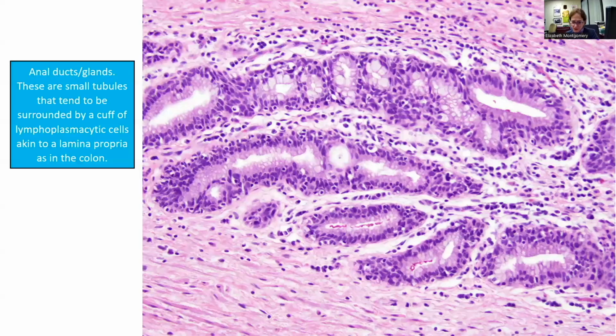Another thing down there is the anal ducts and glands. And these are little tubules that are kind of like our transitional mucosa, but there tends to be a cuff of lamina propria right